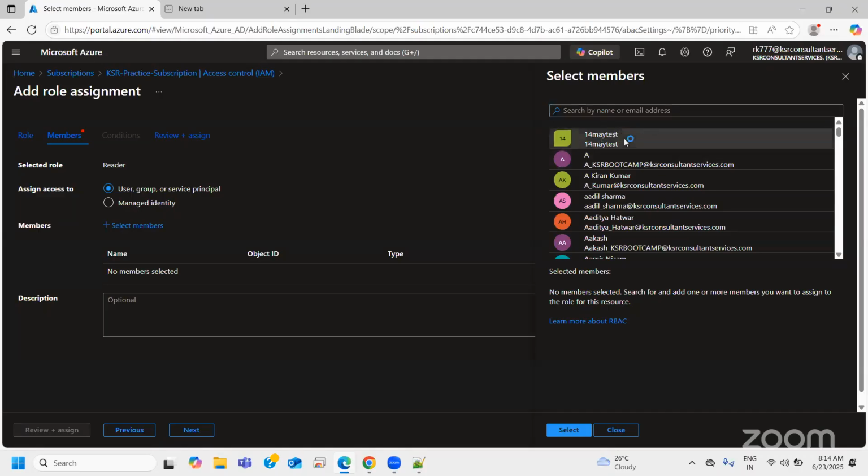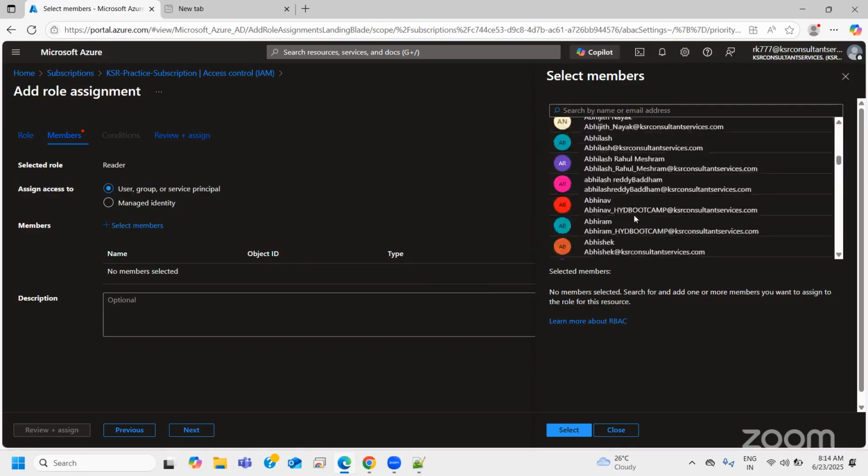The one which you are seeing at the topmost level, see, 14th May test. So this 14th May test is nothing but a group. We just created a group. Now, how to raise access to this group, that's a separate process. But if there are 10 individuals, 20 individuals, or 50 individuals who are part of this group, every person will be able to access it rather than individually adding them. Right. So here, once you click on select member, it will list all the groups,